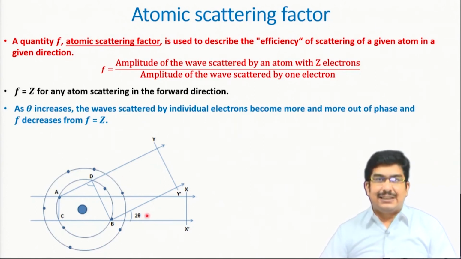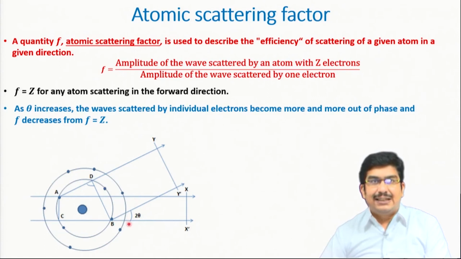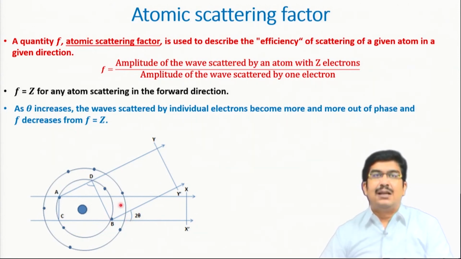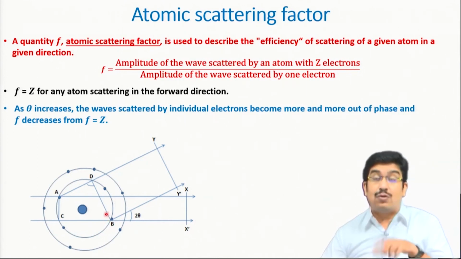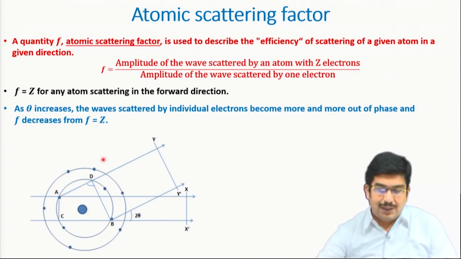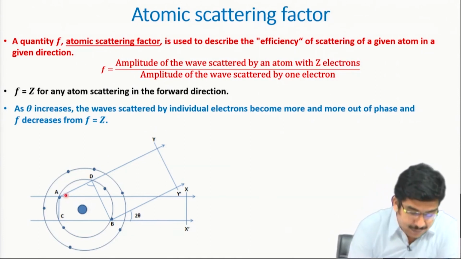Now, as theta increases, as we already saw, the angle 2 theta, the angle that the scattered beam makes with the incident beam, as this angle increases, the waves scattered by individual electrons will be more and more out of phase. So, if this angle increases, if we consider another ray in a direction like this, which is possibly, if I can draw this here,